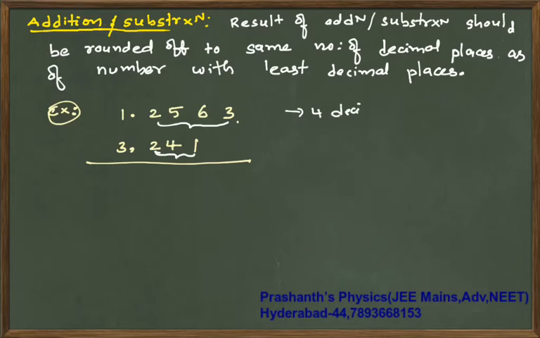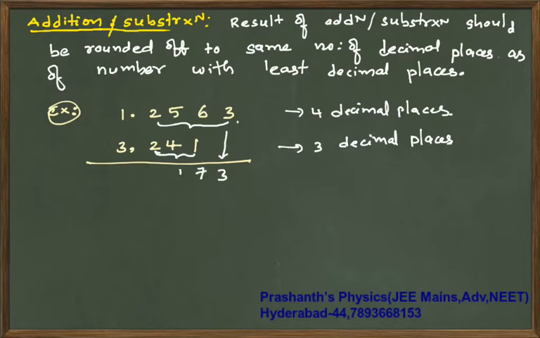So now total after decimal there are 4 decimal places. Let's not mix this. Look at the decimal places I have told you: 4 decimal places, 3 decimal places. So your answer also must contain only 3 decimal places. So this will become, for this the value is 3, 6 plus 1 it is 7, 5 plus 4 it is 9, 2 plus 2 it is 4, 3 plus 1 is 4.